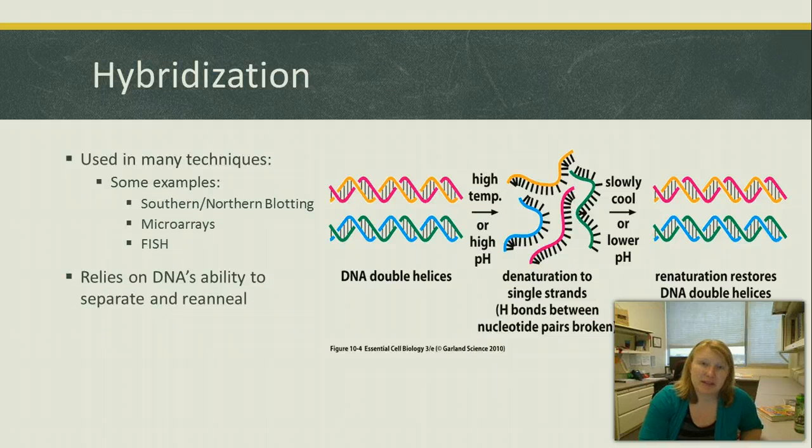So we've talked about hybridization before when we talked about the microarrays. Hybridization relies on the key concept that we can heat up DNA, break it into single strands, and then when we cool it back down, it'll come back together. What we do when we do this is we will heat up DNA, then we will expose it to complementary sequences